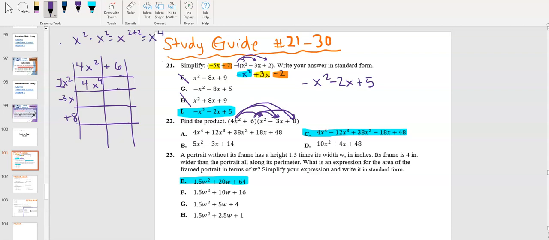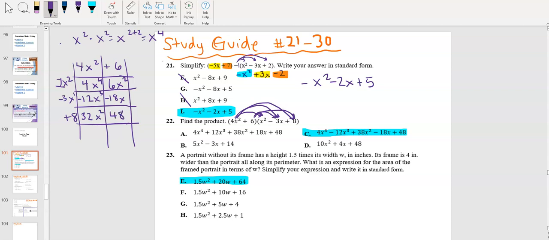Now I'm going to do x squared times 6, that's 6x squared. Negative 3x times 4x squared, so negative 3 times 4 is negative 12, and x to the 1st times x squared is x to the 3rd. Then negative 3x times 6 is negative 18x. 8 times 4x squared is 32x squared, and then 6 times 8 is